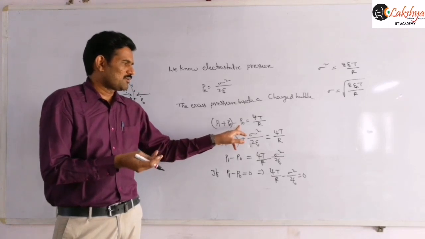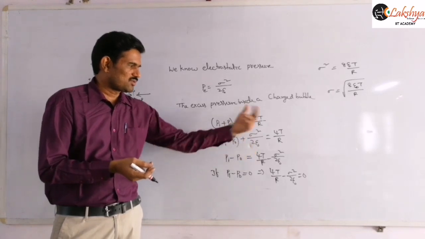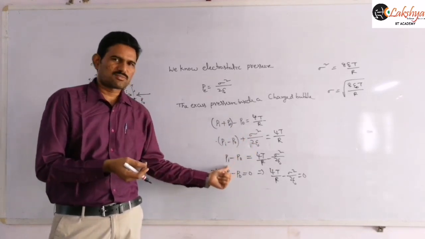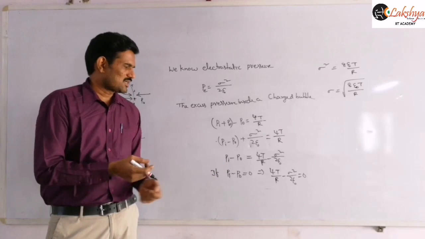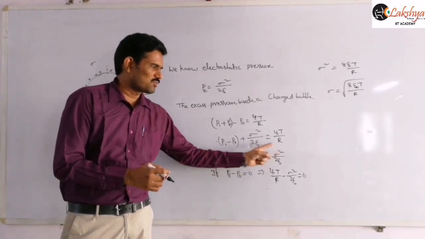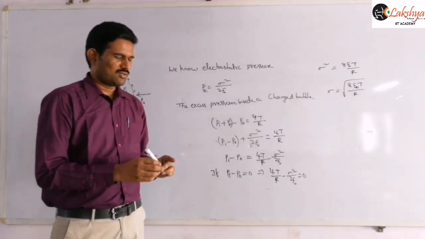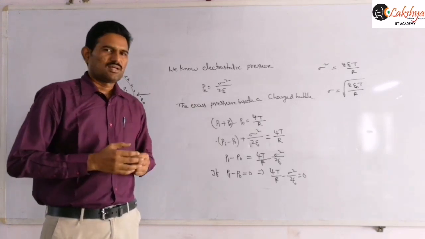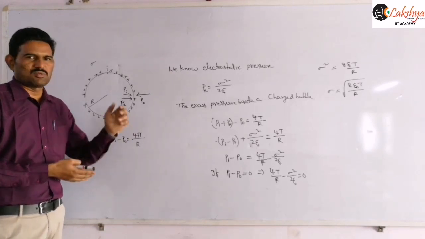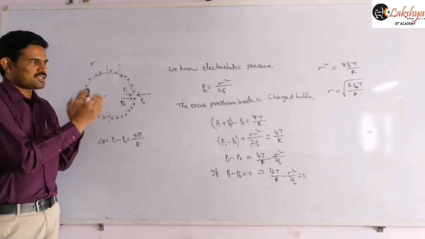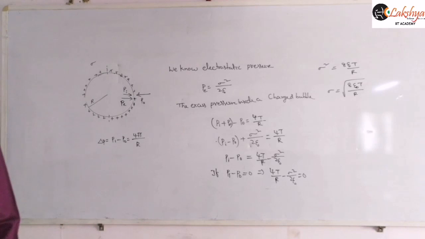Then this equation will be satisfied. So Pi plus Pe minus P naught is equal to 4T by R. Then we are substituting this value, sigma square by 2 epsilon naught, outside. Now this will be the excess pressure between the inside pressure and outside pressure. If this value is 0, then this value should be equal to 0 here. From this you can calculate the sigma value. That means if you give that amount of charge density to this bubble, then the net pressure acting on this bubble will become 0. The inside and outside pressures will become equal, when you are giving such an amount of charge.